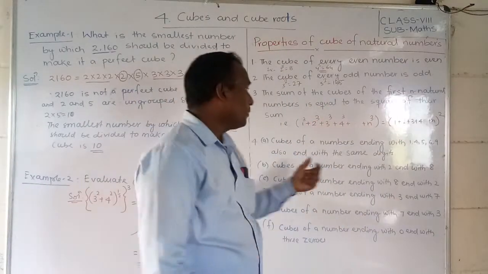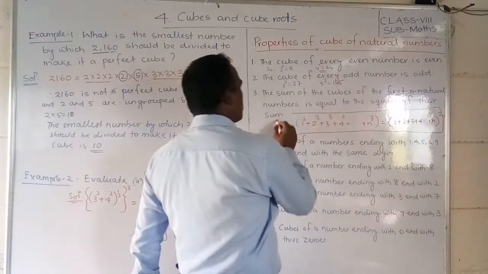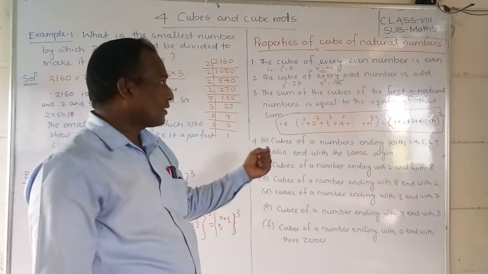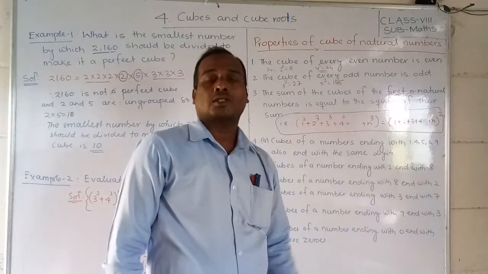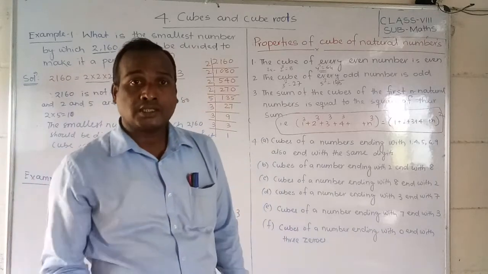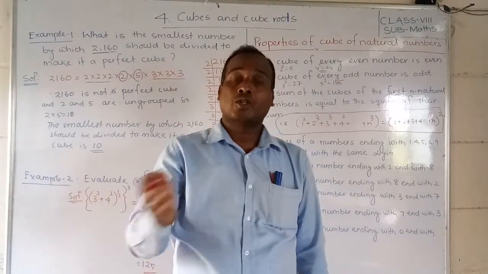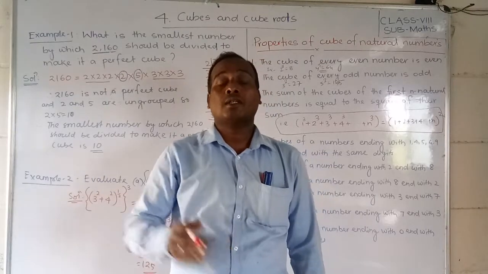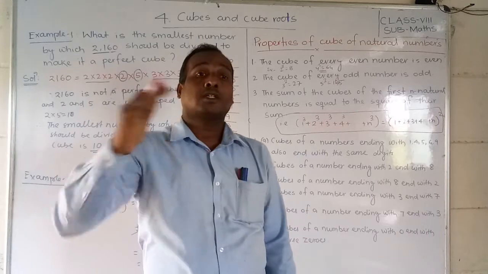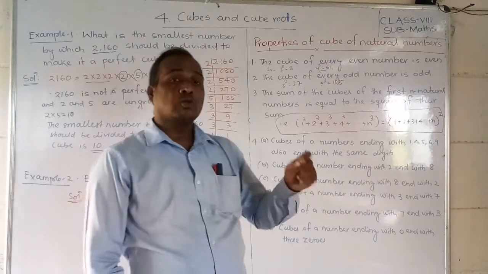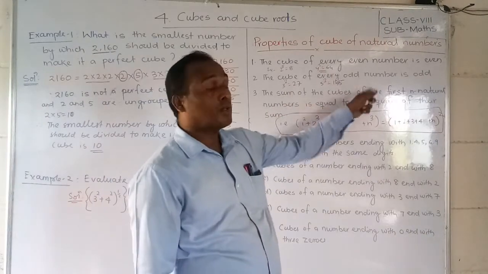Students, this is a very important formula also. You can remember this formula. You remember this property, very important property. What is it telling? The sum of the cubes of the first n natural numbers. That means the first n natural numbers are 1, 2, 3, 4, 5, 6, 7, 8, like that you have to go continuously. But you cannot start from 5, 6, 7, 8, 9, 10. The first natural numbers mean 1, 2, 3, like that. So the sum of the cubes of the first natural numbers.